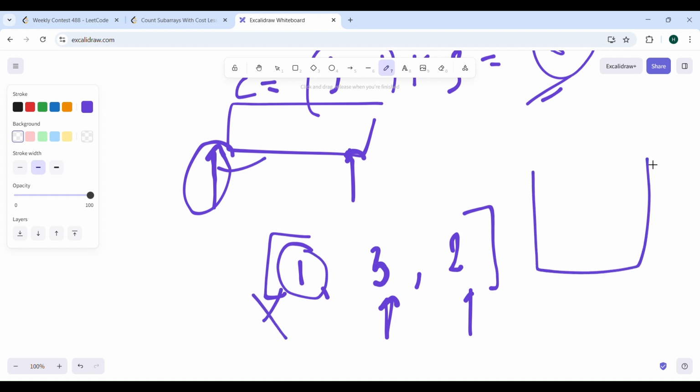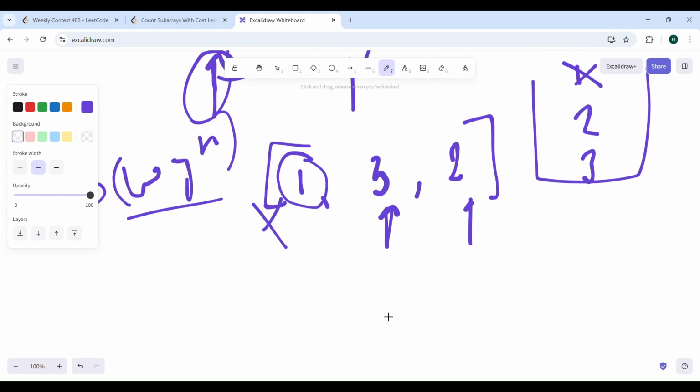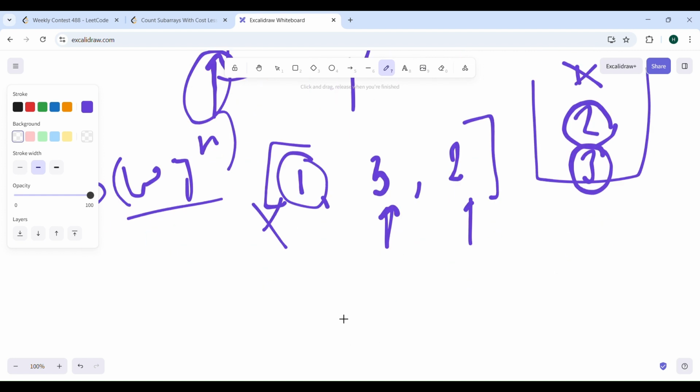We can simply find any element in a multiset in big O of log n. If you didn't know this, any element will be found in the multiset in big O of log n. So 1 can be found in log n and erased as well. So 1 gets erased. Now we again check, is this valid? So minimum will be this, maximum will be this, and the answer will be (3 minus 2), and the length is r minus l. What is l? l came to this point, right? So r minus l is nothing but 1,